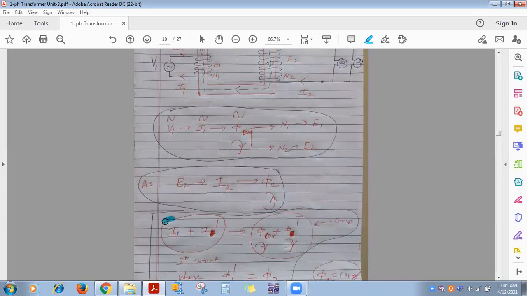Whatever current is flowing up to this point, you can call it no load, because I have not connected a load across the secondary up to this point. The moment I connect a load, I2 starts to flow. Means whatever current is flowing up to this point in the primary winding is the no load current, which is equal to, here rather than I1, I will represent it as I0, whatever is denoted in the equivalent circuit. Just for your understanding, I0 means no load current.